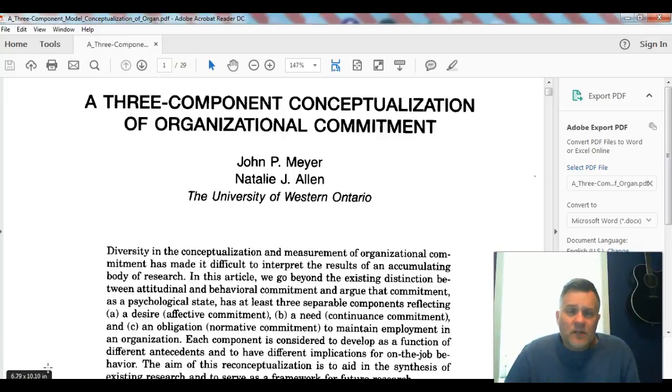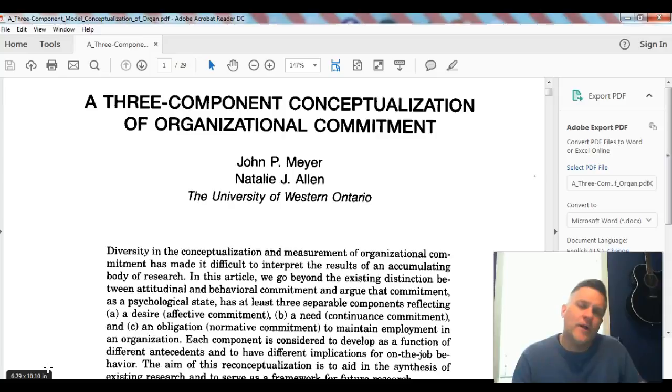So if you're asked in a class to define a psychological construct or a construct that's used in business, make sure that you're consulting the literature. It's not about what you think or what you believe it to be. It's about what years and years and years of research and conversation has determined that the definition of that construct is.